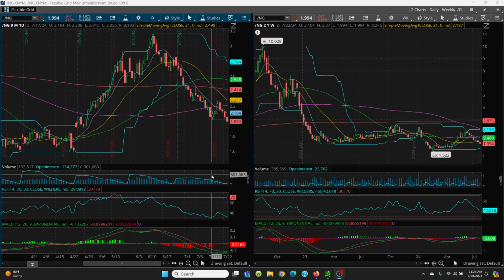But what I'm watching here is this RSI. See how we have this low and then a low here, but so far we have a lower low, but look at your RSI. So this is what we're looking for, a positive divergence, again, if it holds. Now, this could sink all the way down here. This is the level you're really looking for, this 1.90. There's your gap. Now, if it goes lower, you have 1.67, but usually these gaps have pretty good support levels. So what we're looking for here is that positive divergence,